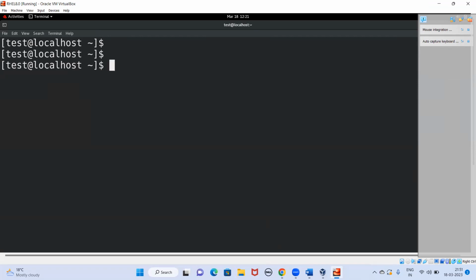Once you log into the Linux and if you see the $ symbol, $ means you are just logged in with a normal user account. Normal user account in the sense,